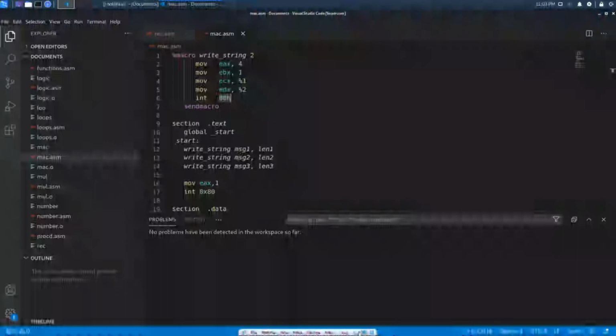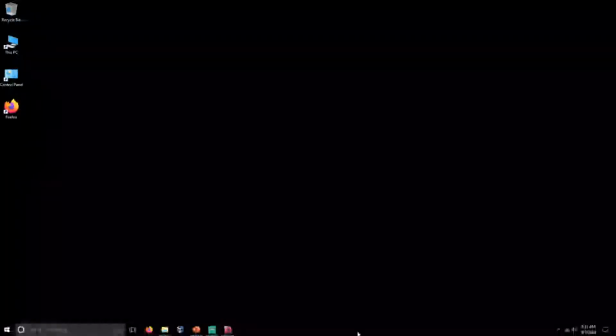Both are the same. Functions are used to execute a sequence of instructions, whereas macros are also used for the same thing, but not for every purpose. If the macro is not suitable, we must go for functions.